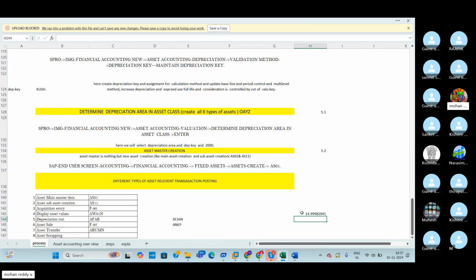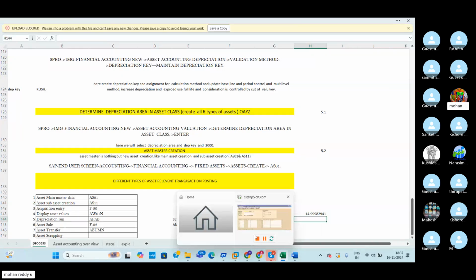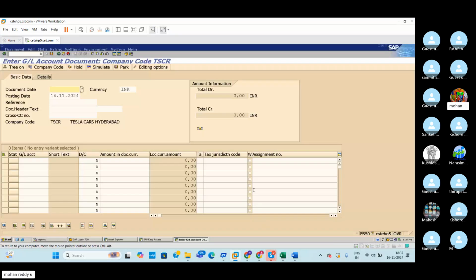I mentioned 15% as the written down method. So 15% I mentioned as the written down method, and that written down method